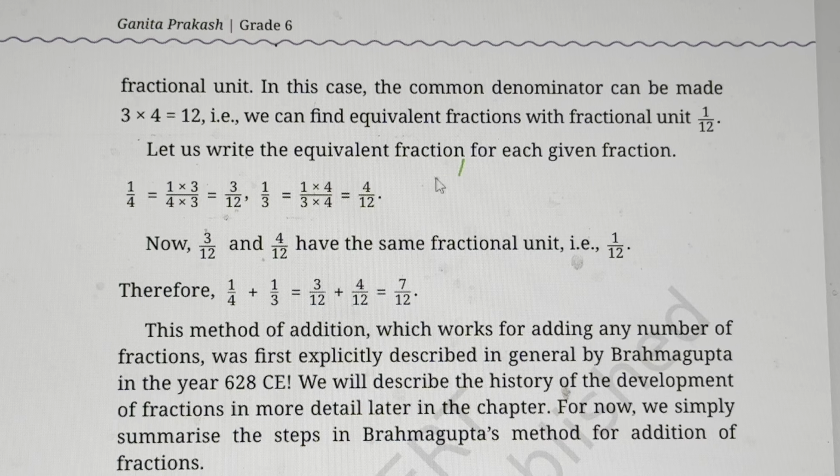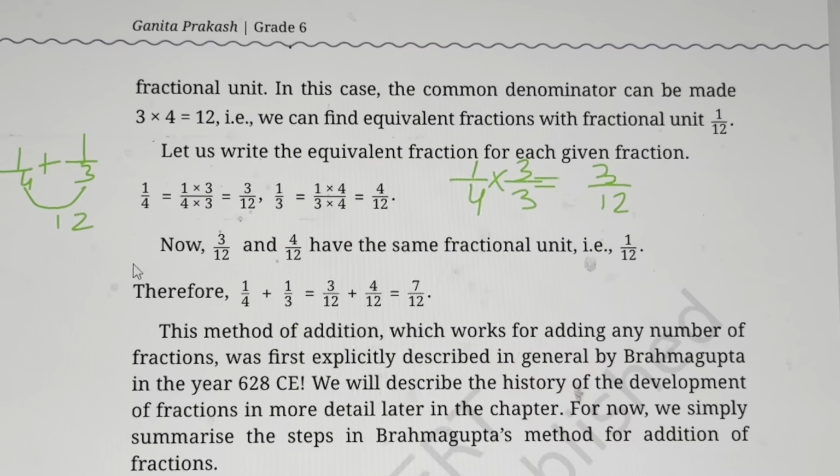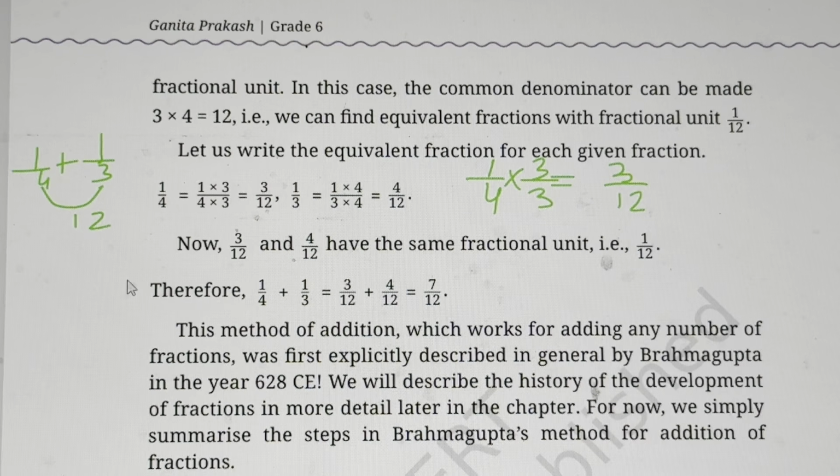So what is done over here? 1 upon 4 is multiplied by 3. Why is it multiplied by 3? Because 12 is the LCM. 4 3s are 12. For 4 and 3, 1 upon 4 plus 1 upon 3, we find the product of these two, 12. That will be your LCM, least common multiple. Equivalent fraction means finding the common multiple. So if we find the least common multiple of the denominators, we simply multiply with it. And here you can directly multiply and find the LCM, because they both are co-prime numbers. Co-prime means they do not have any common factor.